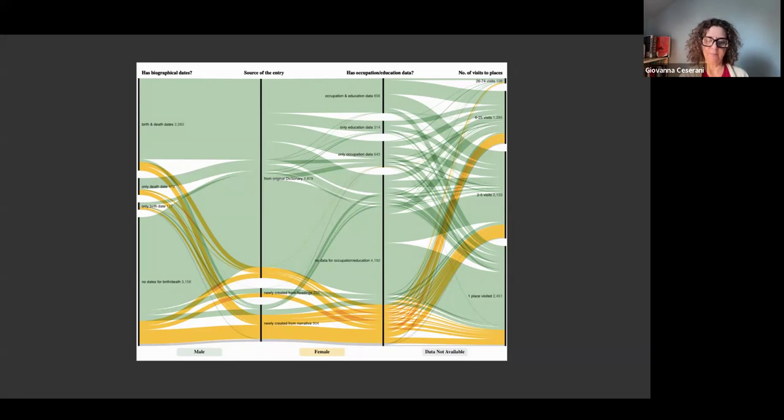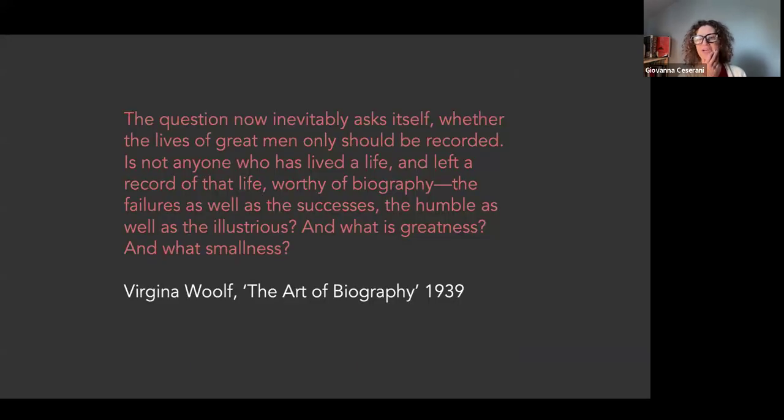And what happens by considering both the famous and the less famous is something where I still go back every time to a quote from Virginia Woolf, from The Art of Biography in 1939. "The question now inevitably asks itself whether the lives of great men only should be recorded. Is not anyone who has lived a life and left a record of the life worthy of biography? The failures as well as the successes, the humble as well as the illustrious, and what is greatness and what is smallness?" So these